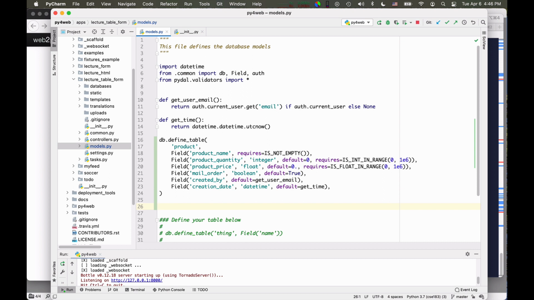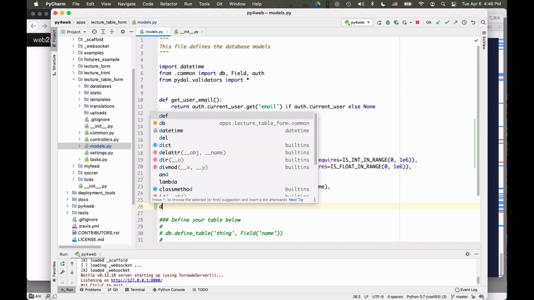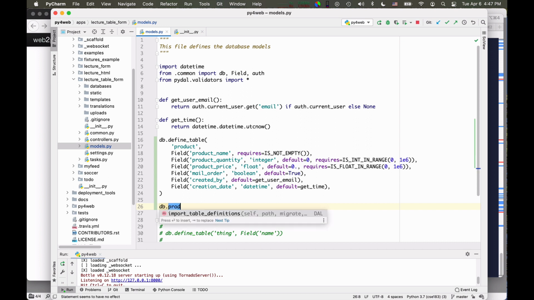Another thing that is useful to do is this. Py4Web will be able to create forms automatically for us, so I may want to tinker with the visibility and with the name of some of these fields. For example, I may want to say db product id readable is equal to false.